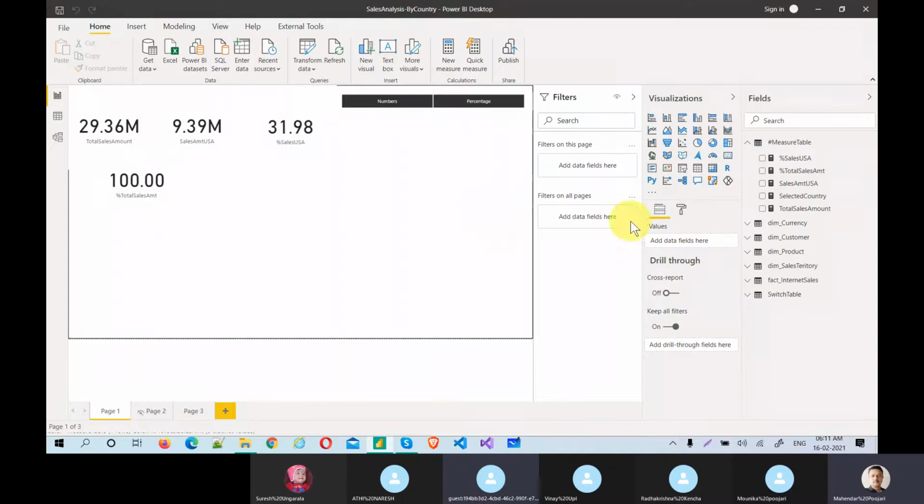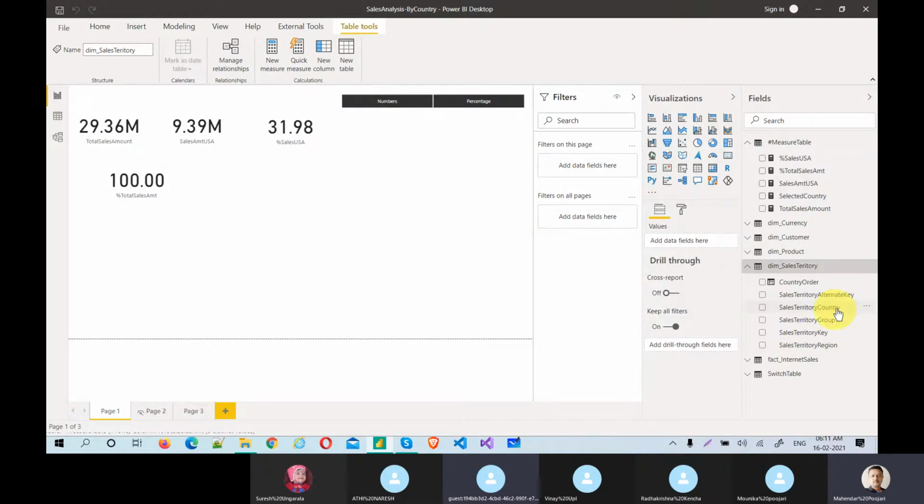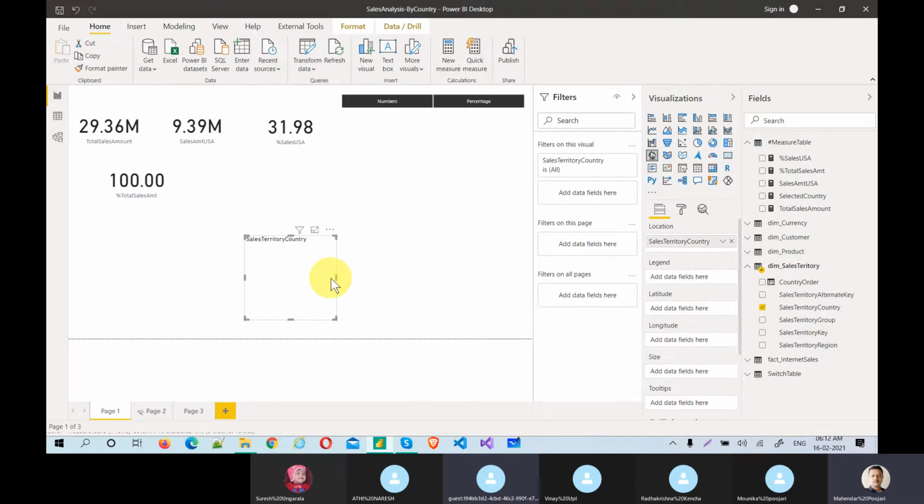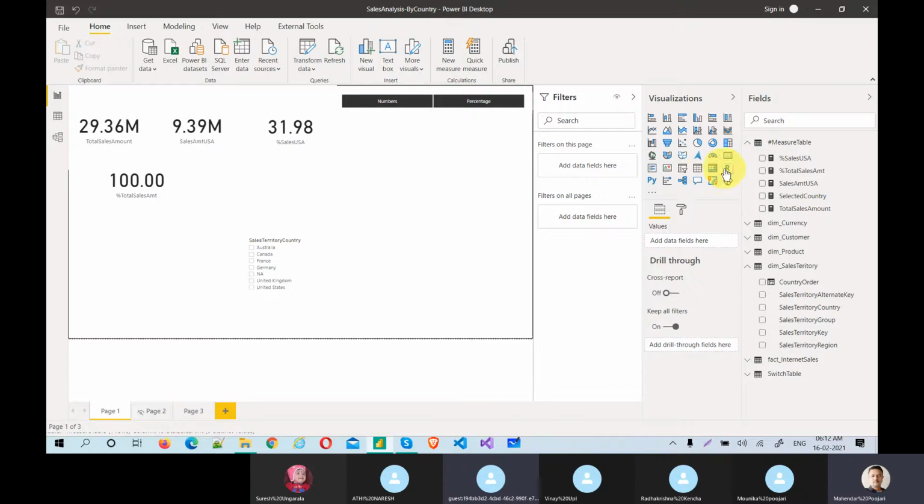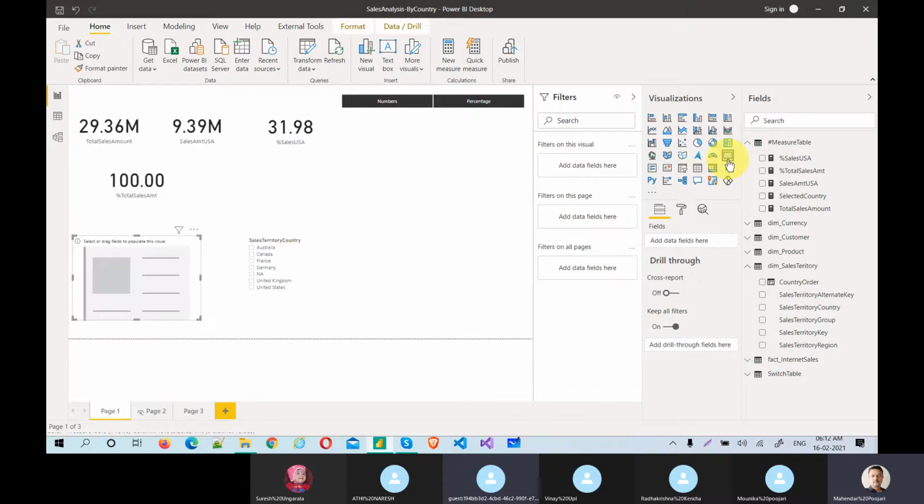To check that, I just need to go to sales territory country. I want a country and select sales territory. First of all, country should be in the list. Let me choose filter slicer. I need to test the selected measure, right? So click on this and click on the card.